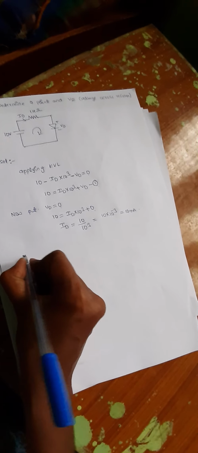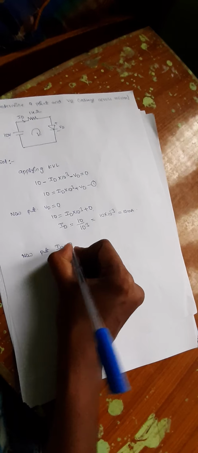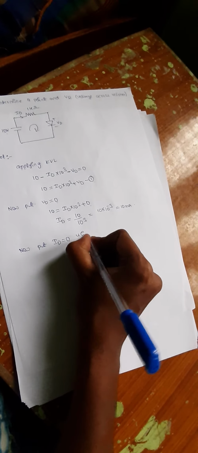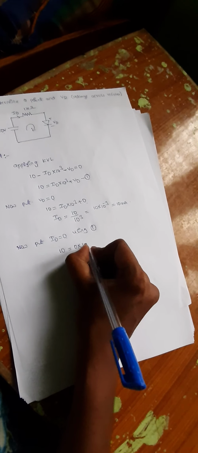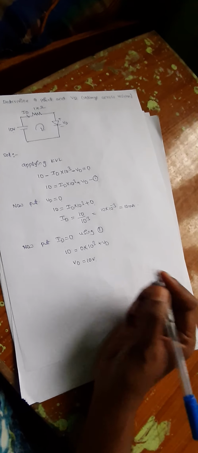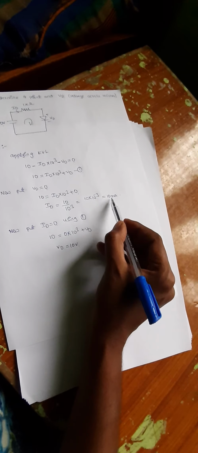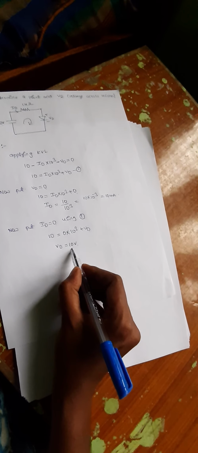Now put ID equals 0, using the first equation: 10 equals 0 into 10 to the power 3 plus VD. So VD is 10 volts. So the coordinates of the load line are 0 comma 10 milliamps, and the coordinate for the x axis is 10 comma